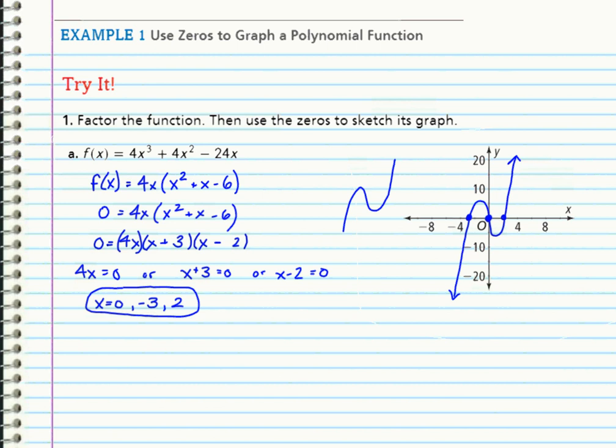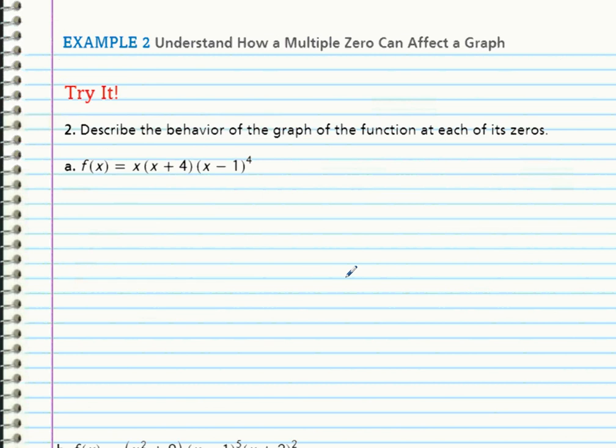Now, let's look at example 2. Understand how a multiple 0 can affect a graph. So now, if we set this thing equal to 0,